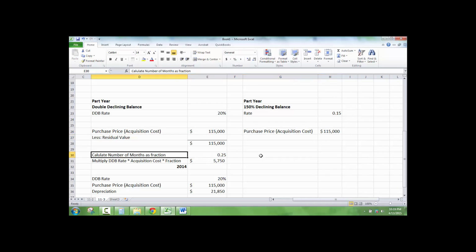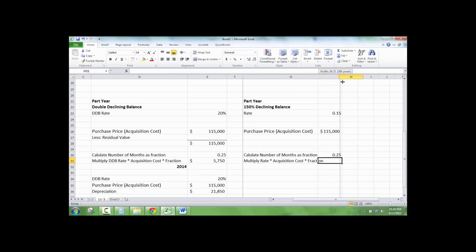And then we are going to calculate the number of months as a fraction. It's still been 3 months. And then we are going to multiply the rate times the acquisition cost times the fraction. So that is our depreciation